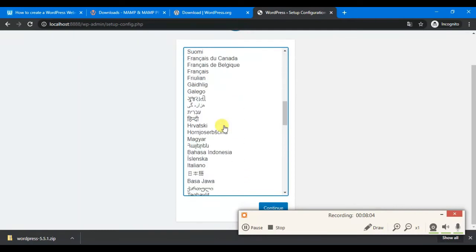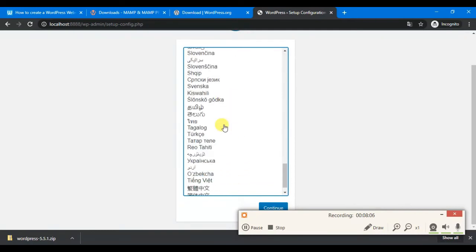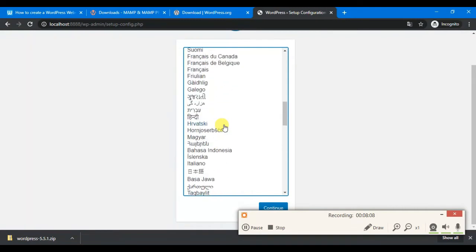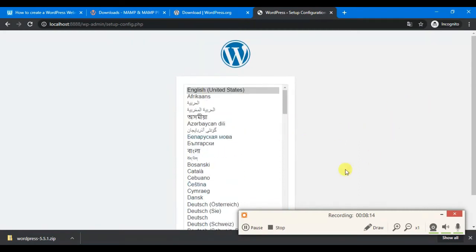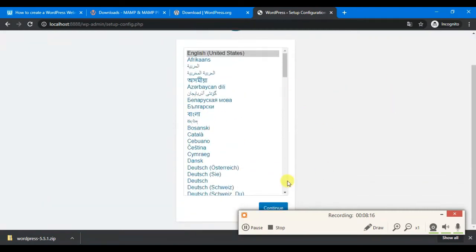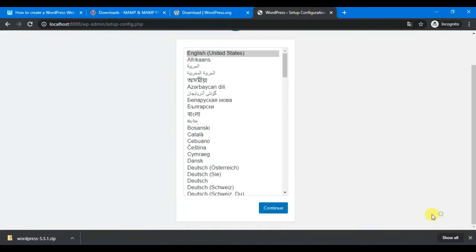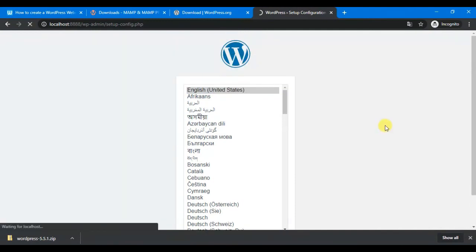If you want another language, like English Australia, Canada, South Africa, you can choose. Now click on continue. Choose the language, click on continue.